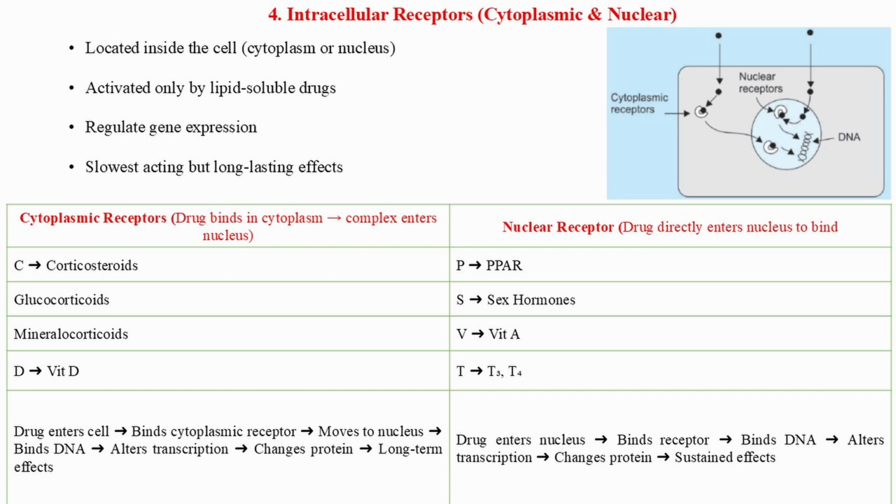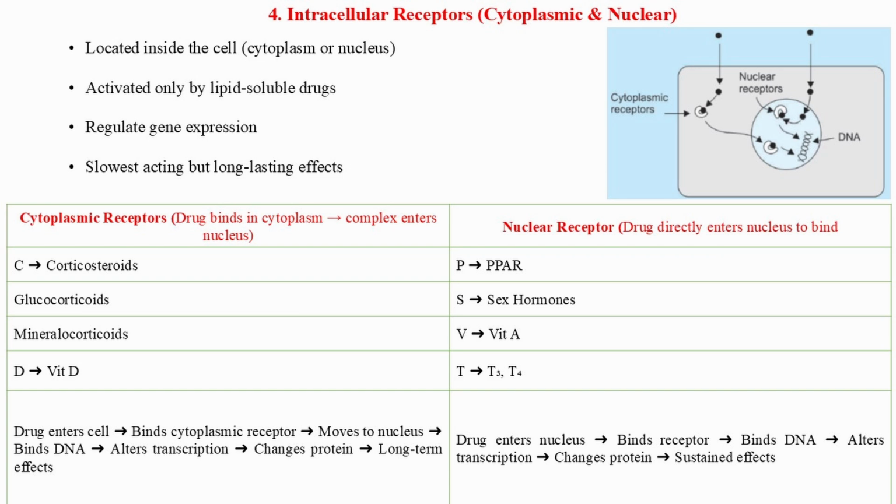There are two main styles of action here. One is cytoplasmic receptors. These drugs enter the cell and bind to the receptor in the cytoplasm, then the drug-receptor complex marches into the nucleus. Inside the nucleus, it binds to the DNA, alters the transcription and changes the proteins the cell makes, driving long-term changes. Examples here are corticosteroids like glucocorticoids and mineralocorticoids. Coming to the other example,